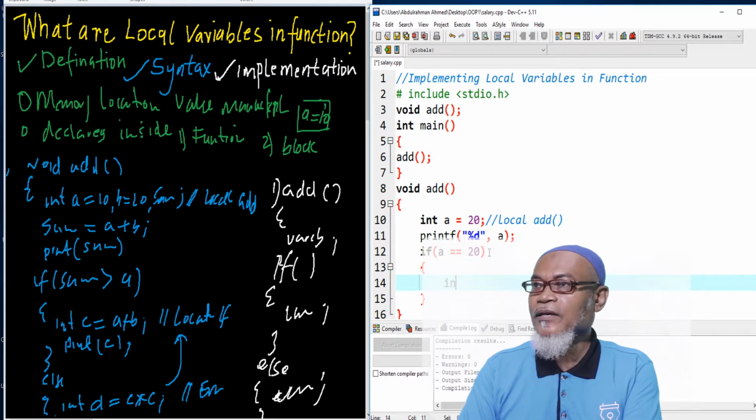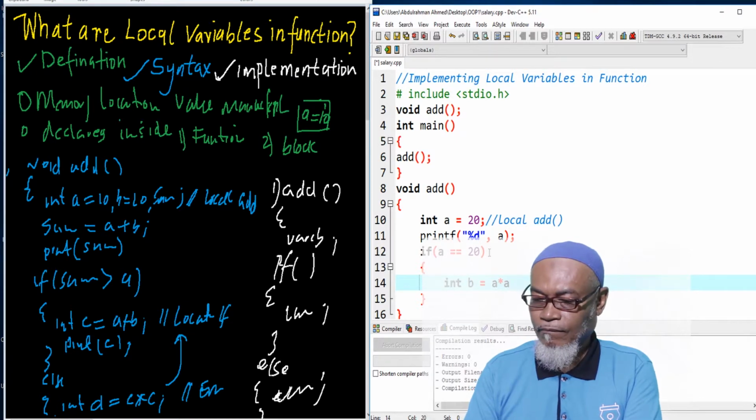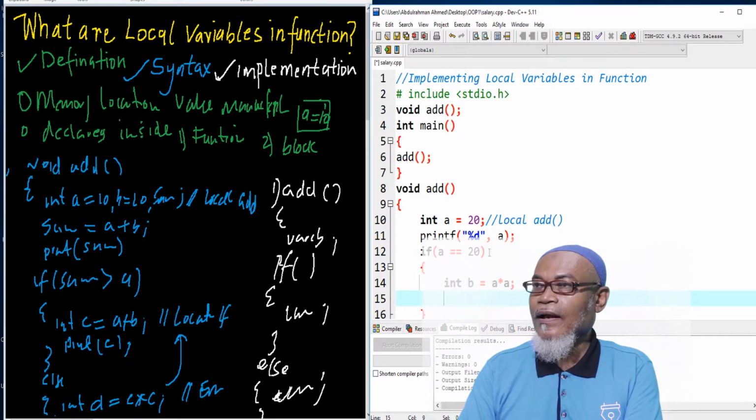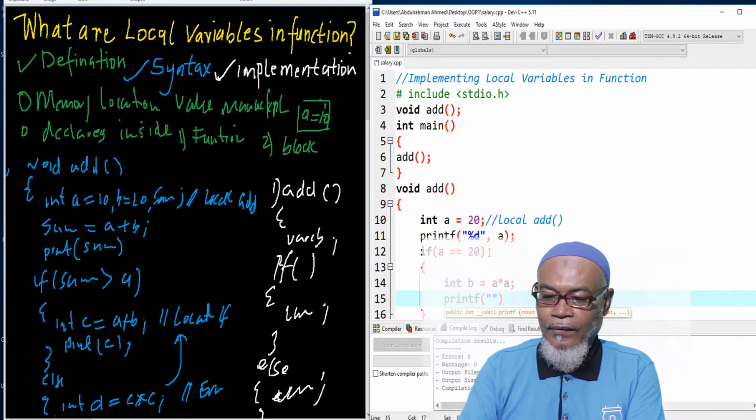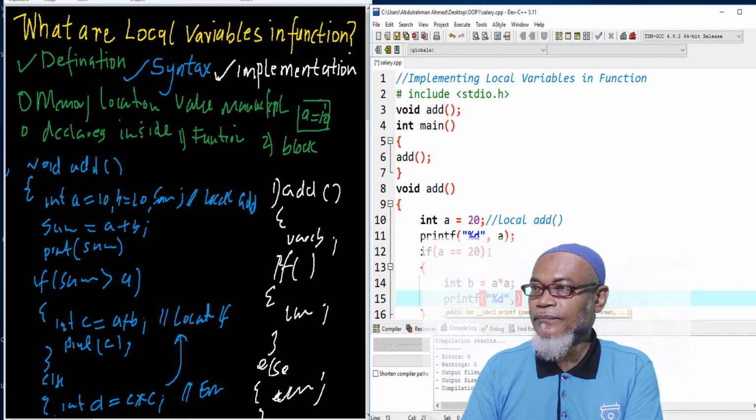I can say here int b = a * a, and here I can say printf %d, b. This also will have no problem, because